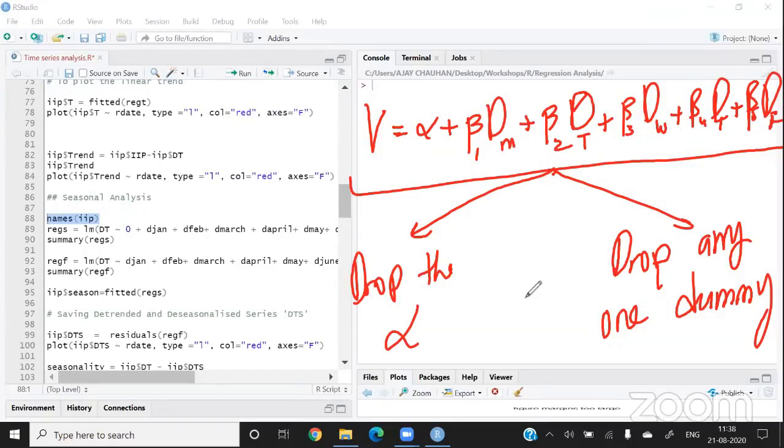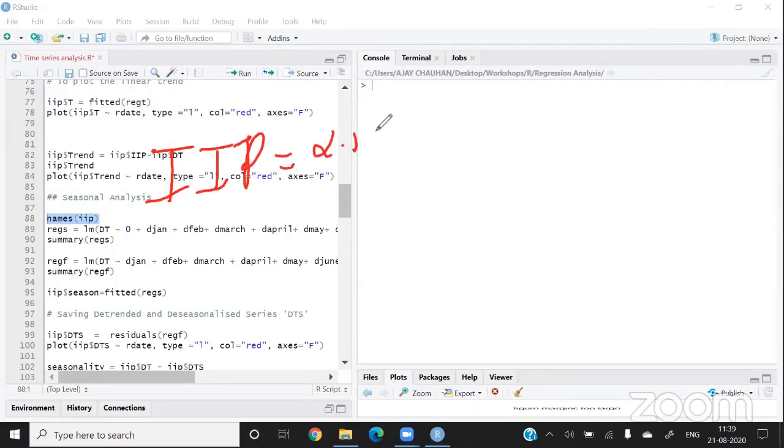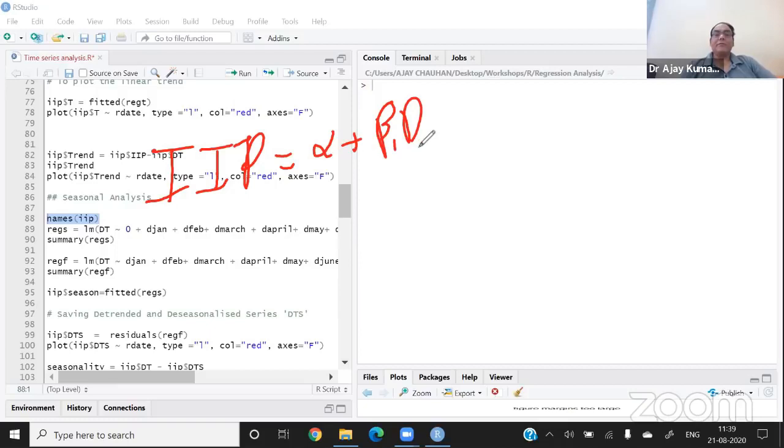And in this file, I am using the same concept, but for the different months. Let me explain the concept first, and then I will move on. Basically, I am running the equation IAP equals beta 1 dummy of January plus beta 2 dummy of February, and up to beta 12 dummy of December, plus error term.